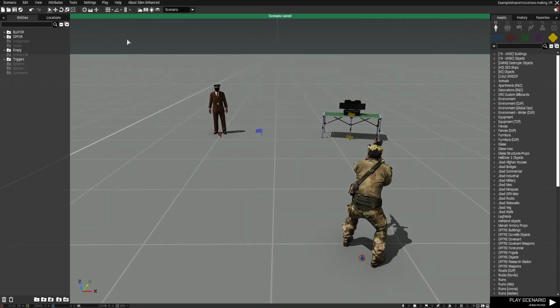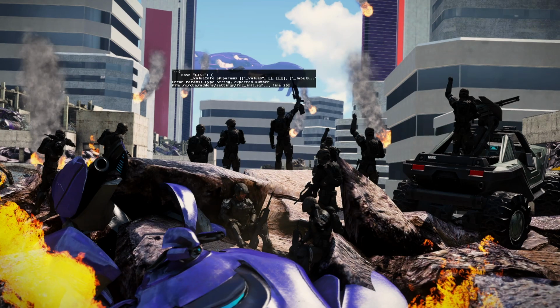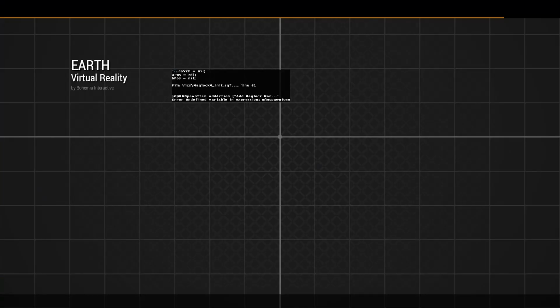So now let's just test that again and see if that actually changed our font, which I hope it did. Fingers crossed. Once that loads,